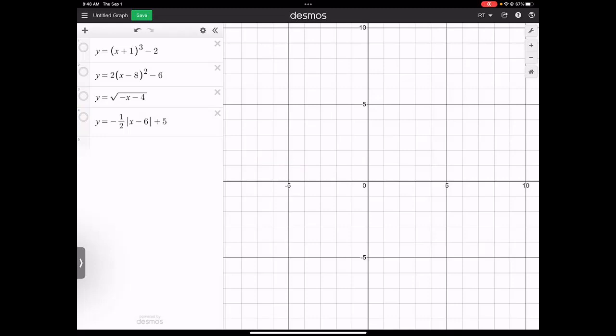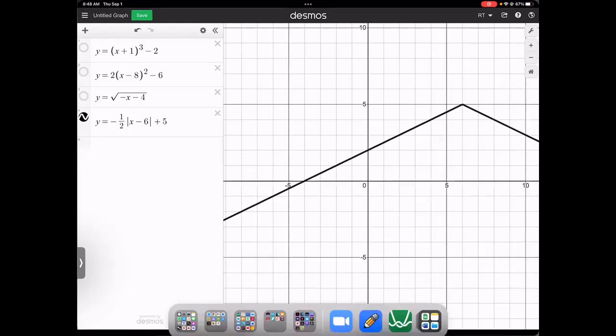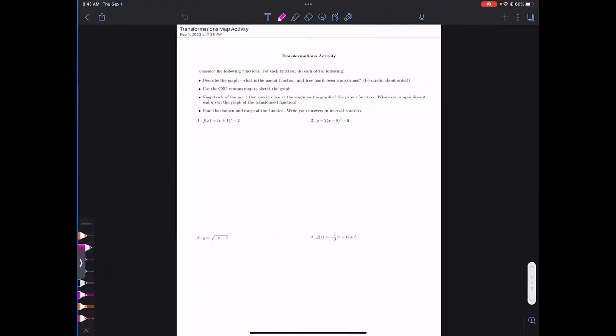The last one has kind of everything happening all at once. Absolute value, 6 to the right, -1/2 out in the front. So it's going to be upside down and wider or shorter, since multiplying by half makes it wider or shorter, right? And then up 5. So it's something like right there. Those should put you at, if you do all of that,